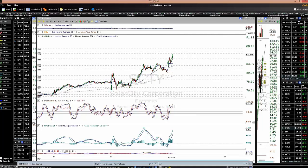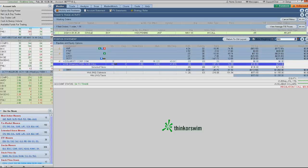And so the trade that I got out of yesterday, what I had done was put on a vertical. I had sold the 90 calls for $2.40, and I bought the 85 calls for $2. I'm sorry, I bought the 85s for $2.40. I sold the 90s for $1.20. What I did was I bought back the 90s for 20 cents on the open,